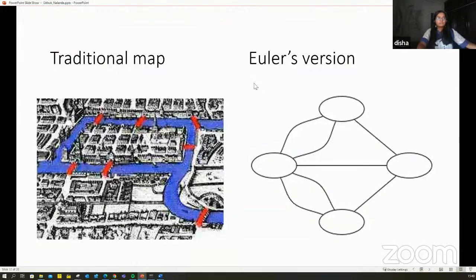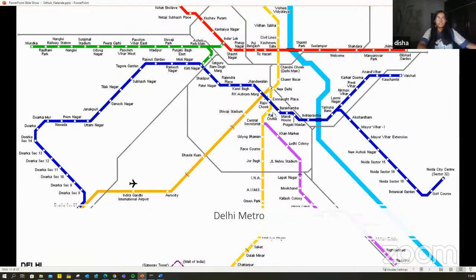In our modern day, we also come across graphs in many different ways. This is the graph of the Delhi Metro. This is the Delhi Metro's layout. You have different colored lines, meaning routes in Delhi. So every single location, every station, you can say, is a kind of node, and whatever is between two locations is kind of an edge. So again, places to go and ways to go to them.